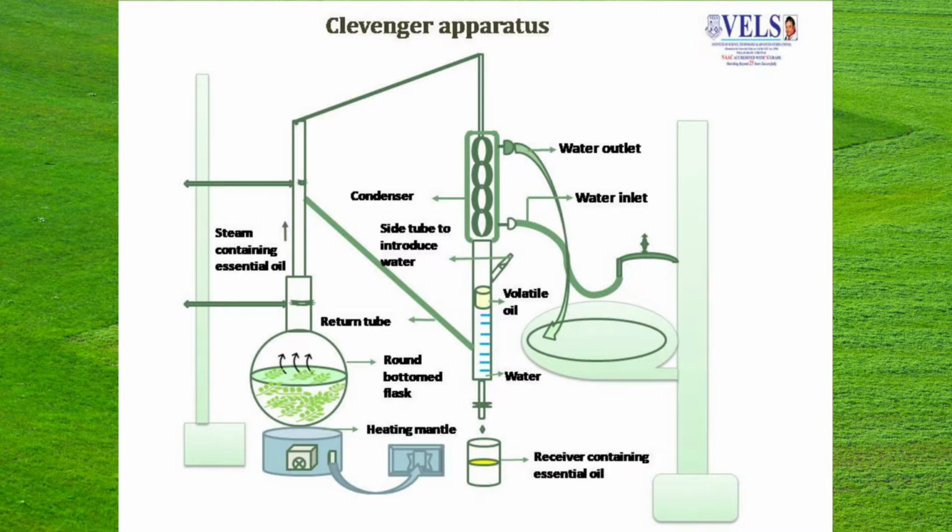Here, you just take the weight of the drug to be extracted, add it in the still and immerse it in water, and heat it using a heating mantle. The process will take nearly 4 to 5 hours. The distillate is collected in the condenser, and because of the cooling water it will get condensed into oil and water. Then the volatile oil is collected by means of a separator, and to remove the water present in the volatile oil we have to add a small quantity of anhydrous sodium sulfate.